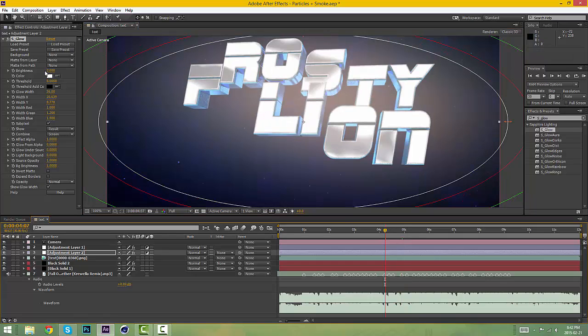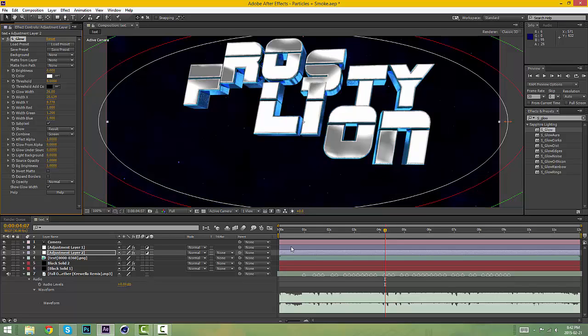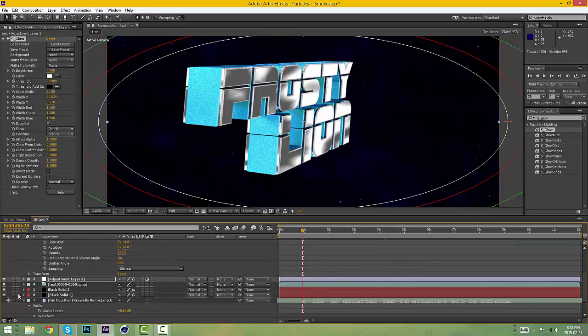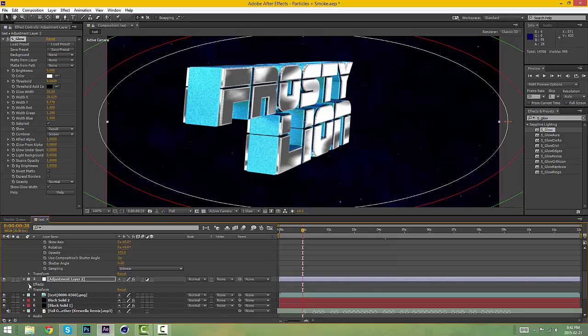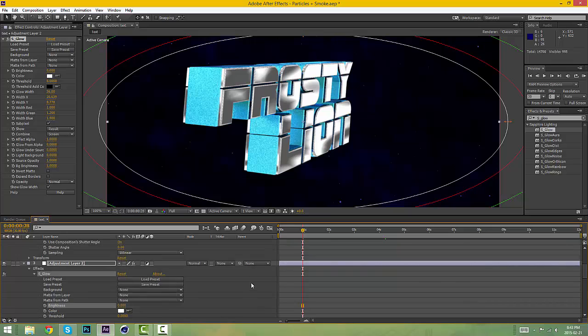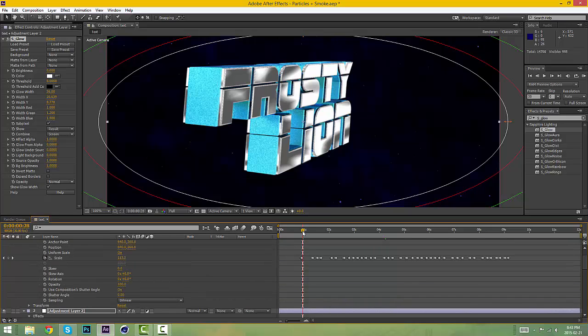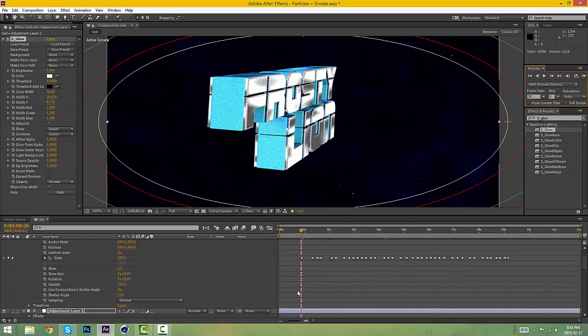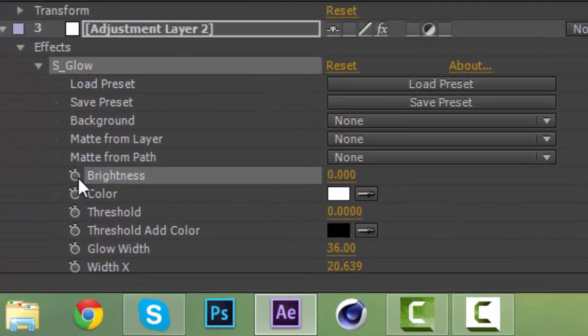And then what you want to do is you want to make it 0 on the brightness, but you want to keyframe it, like where the sync is. So you want to open up here, and you want to open up your transform adjustment layer and your sapphire glow one, and you want to go to your first beat and previous frame again, like usual, so where the first keyframe is, and you want to press the brightness stopwatch on the glow, next frame, and 2 or